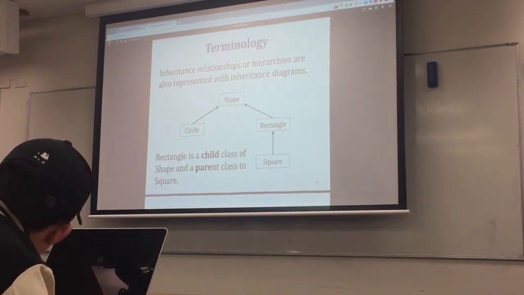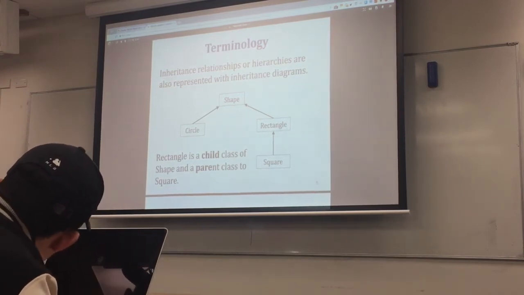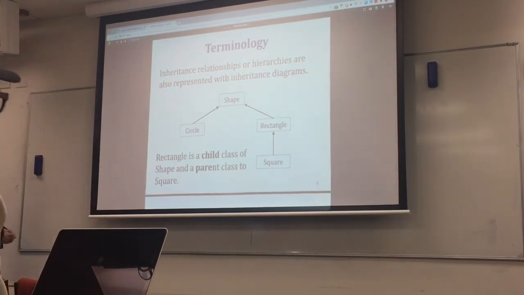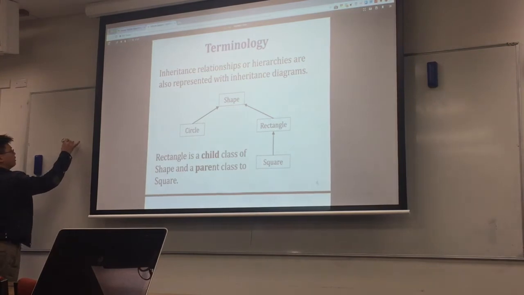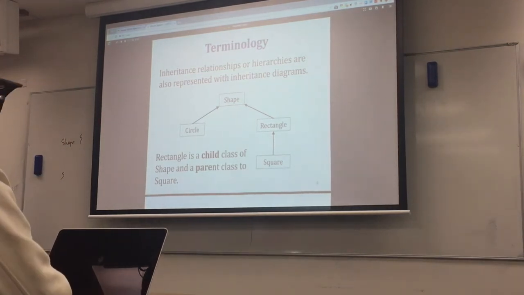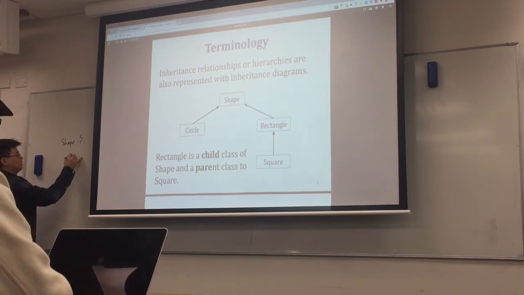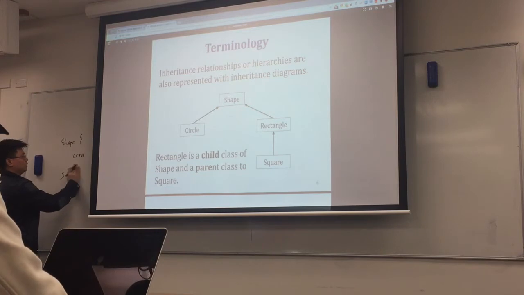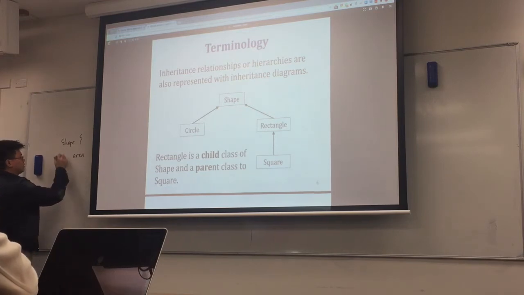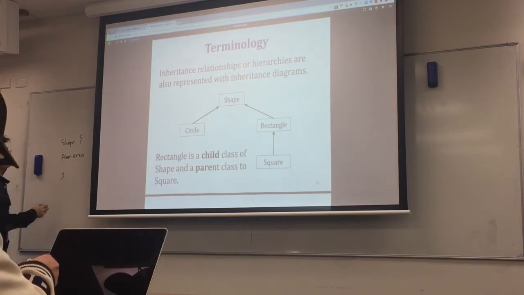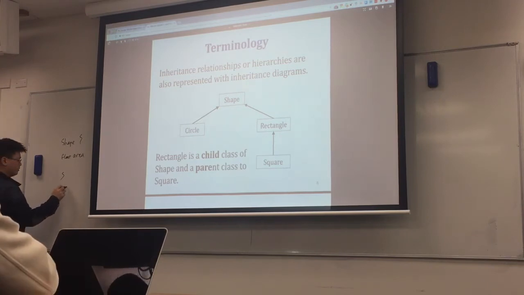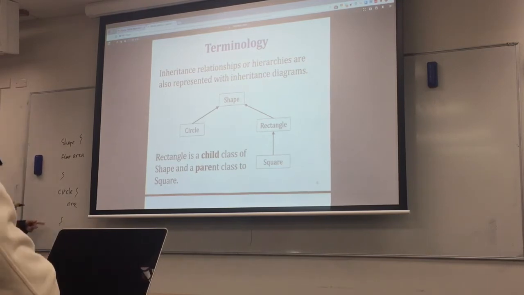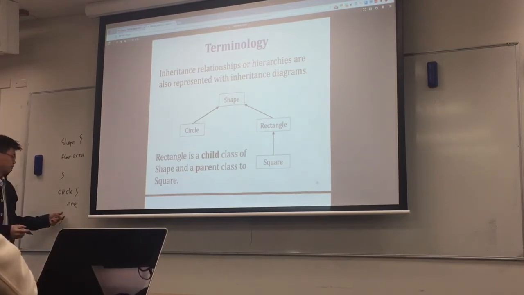So in terms of terminology, you can already draw this diagram. But in terms of programming, let's think about what shape does, what shape has, and what other classes can inherit from it. Right? So we have a shape. A shape has what? I guess area. The other classes, circle for example, also have an area, and then a rectangle has an area and two